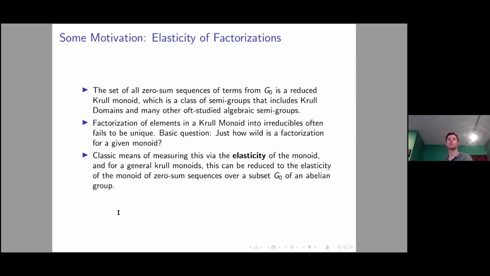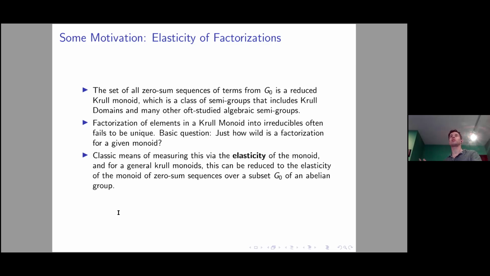I'll put the definition here in just a moment, but the important thing is that for this very large class of algebraic monoids that include such things as Krull domains and even decompositions of modules into irreducible submodules in certain cases, you can view the irreducible modules as being the irreducible factors and the decomposition into direct sums as being a factorization. There are lots of ways to interpret this that fall into this category of Krull domains. And the important thing is that such notions of factorization, like the elasticity, which in some way measures whether the possibility of factorization is completely unrestricted or completely wild, or if there is some order to it, they all reduce down to a special Krull monoid.